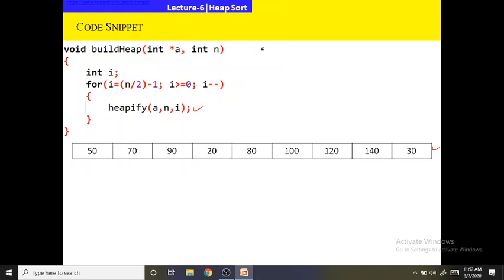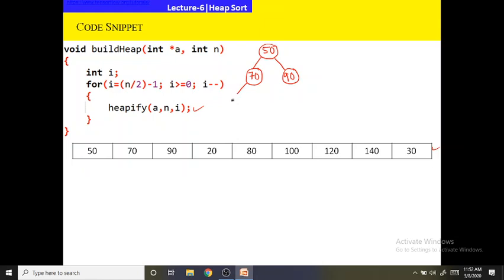First we will draw 50. The next element is 70. So 70 is the left child of 50. Next 90. Next we will go to level 2.